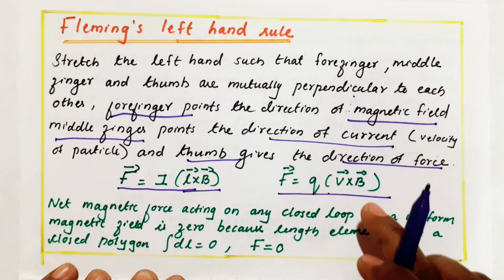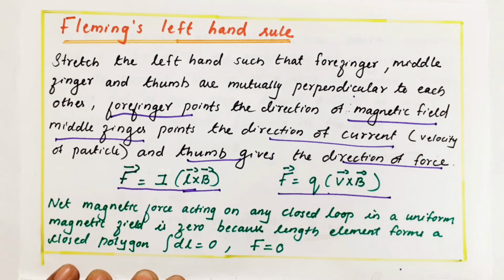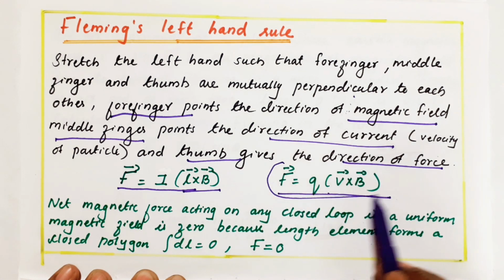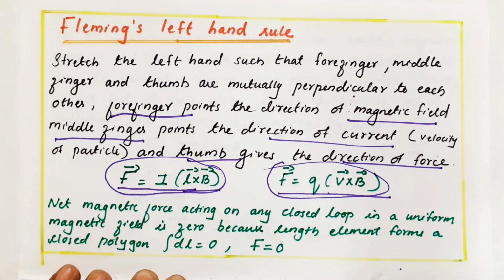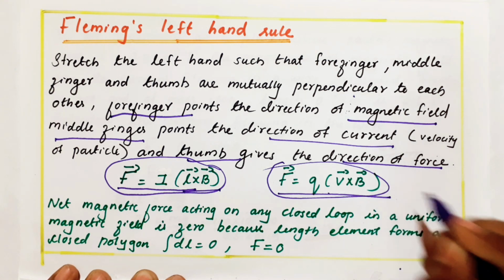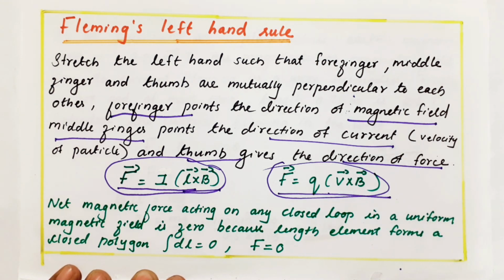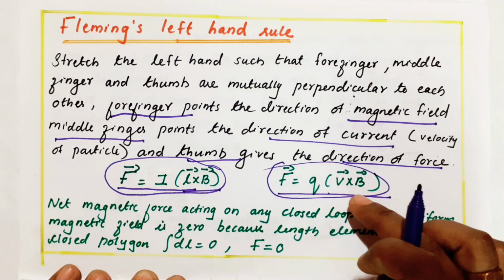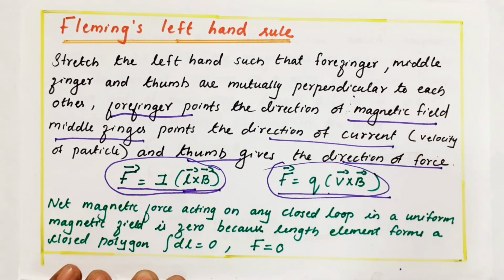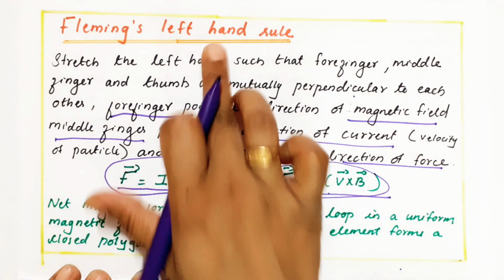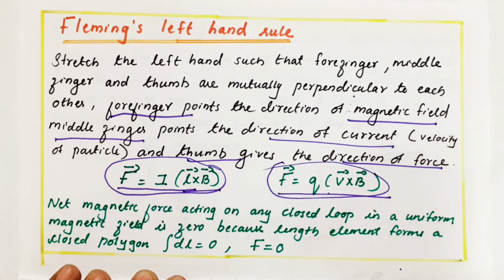So I can use this rule to find the force direction for these two cases. The Lorentz force also we can use, this also we can use, right? But in a shortcut form, I normally use the cross product formula. If you know the vector directions, like in the Cartesian coordinate system, x, y, z axis, in that way also we can find it. So the direction of magnetic force, and the direction of current and magnetic field, we can relate with Fleming's left hand rule.